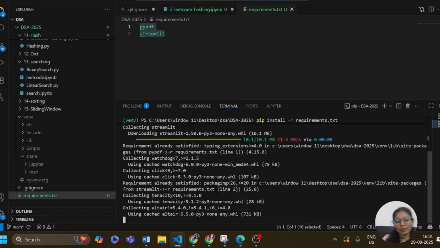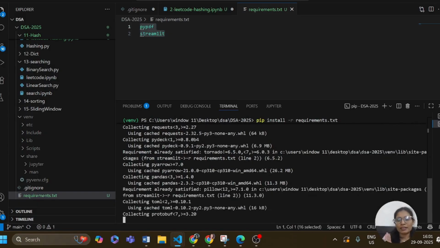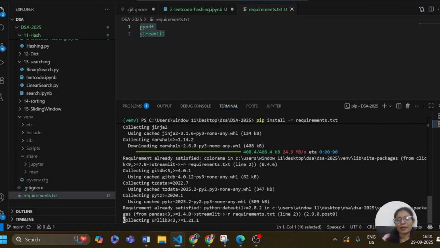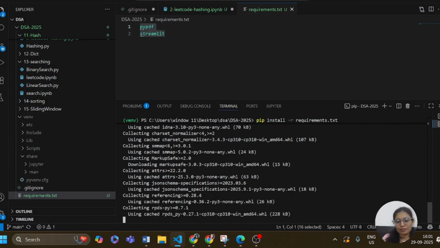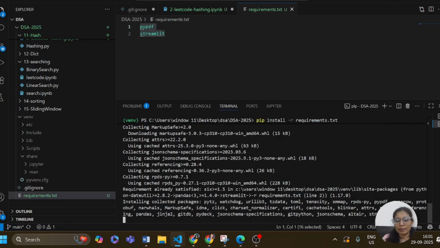So it installs packages inside this virtual environment, and we can use this environment and these libraries and packages in our code. Okay guys, so I don't want these things, I am just giving you